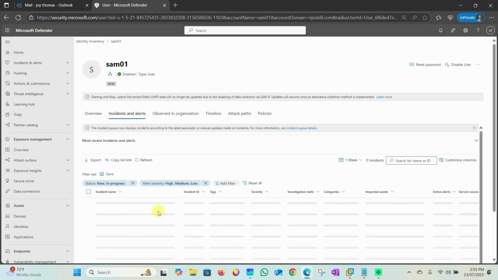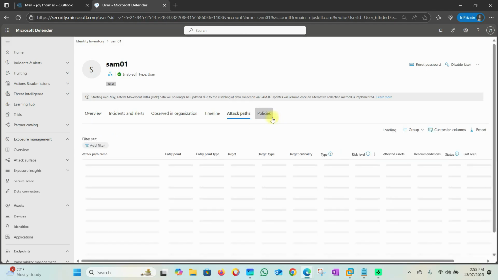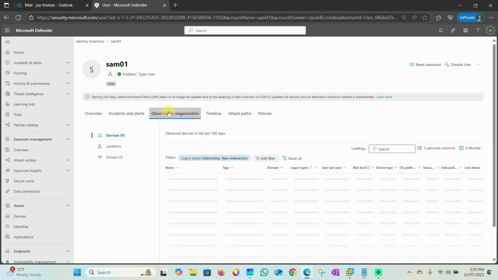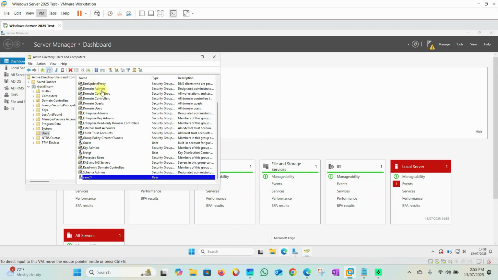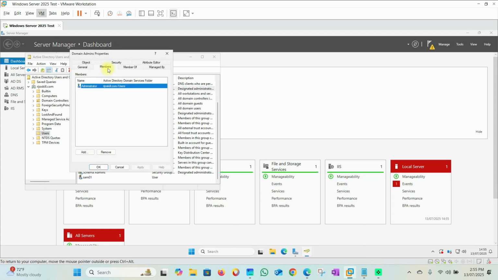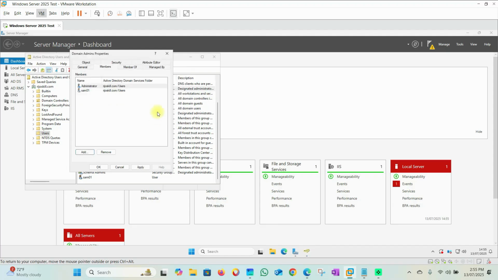You can see incident, not in observation timeline. So you can see account path change data and all the information, also attack path and policy, and you can observe the organization. Currently there are only two groups, user and domain user group. So I will change this user to the domain admin group. So again I will go here to domain admin member. Here only administrator, I will add one member, Sam 01, check name, yeah, Sam 01, then click OK,